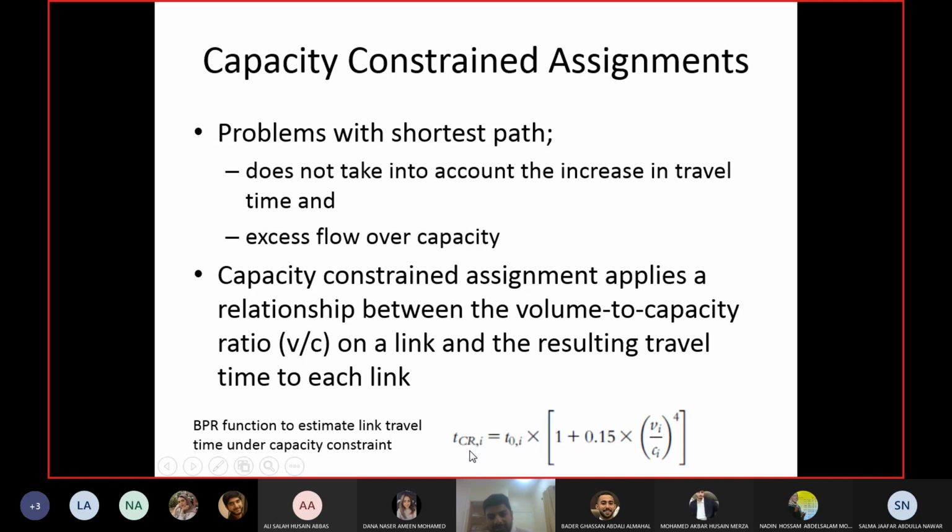Okay, so you will have the new travel time, and then you reassign your trips according to the new travel time. And obviously if you have gone over capacity, then you can only assign up to capacity. Then you have to assign the other trips, whichever is above capacity, to the other links.